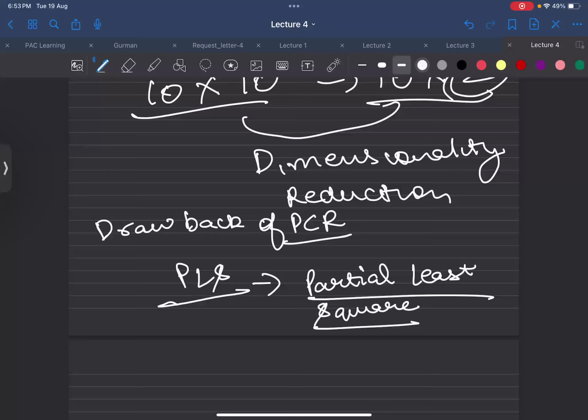No. What we are doing in PCR is we are only finding the direction in X which has the highest variance. But here we are not saying which are inclined to output Y. We are not at all talking about the output Y. We are only capturing whatever has the highest variance. That's it. But in PLS, what they are doing is they are considering the